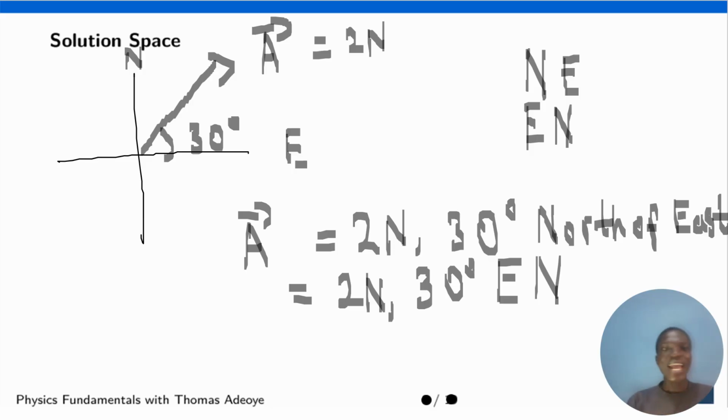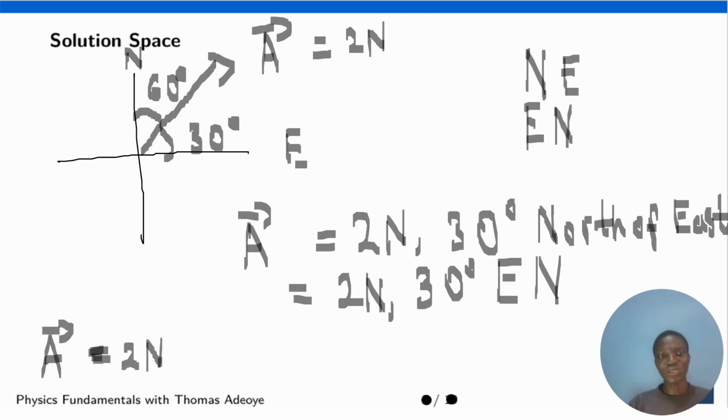Is that taken? Okay. Now, suppose the angle I want to consider, I told you that you can consider any of the angles. It depends on you. But at times, you have to look at the question, and if it is objective, MCQ, you check the options and what is in the option. Now here, if I want to consider the angle that it makes with the north, since the angle that it makes with the east is 30, and from north to east is 90 degrees, the angle that it makes with the north will be 90 minus 30, and that will be 60 degrees. So if that is what I'm using, then this vector A will be